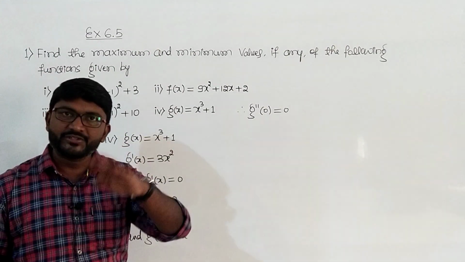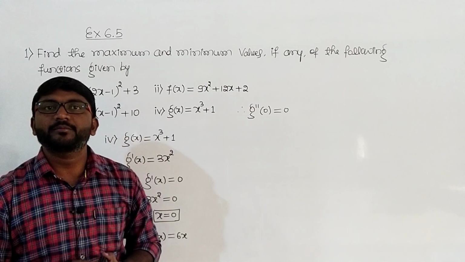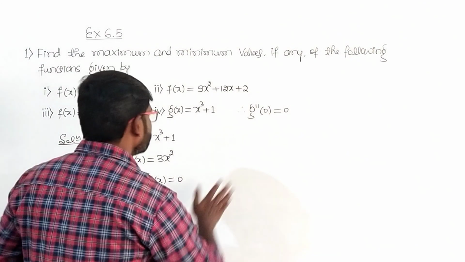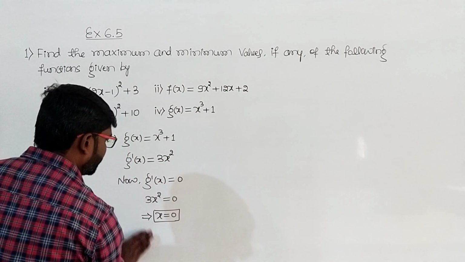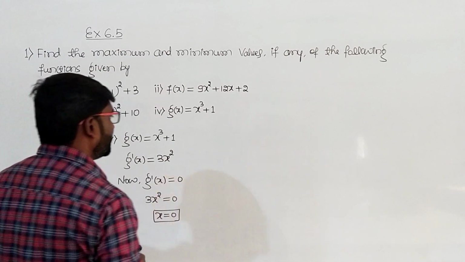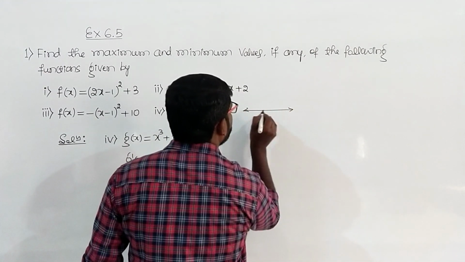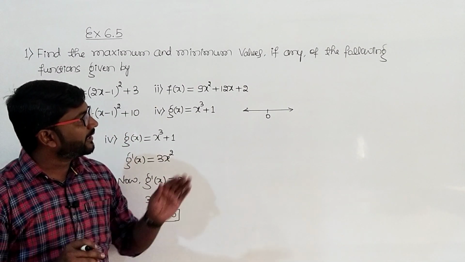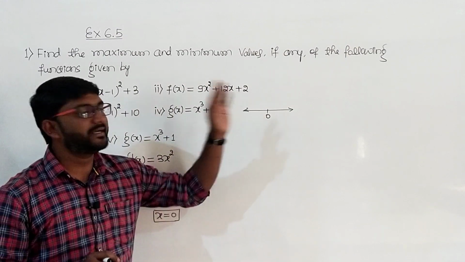In this case, we should go back to the first derivative test to check whether x equal to c is a point of local maxima or local minima or the point of inflection. So here I'll go for the first derivative, because the second derivative test fails. So here we have x equal to 0. Now mark this point on a number line. So it is 0. In the first derivative test, you have to take a point close to 0 and to the left of 0, and close to 0 and to the right of 0.